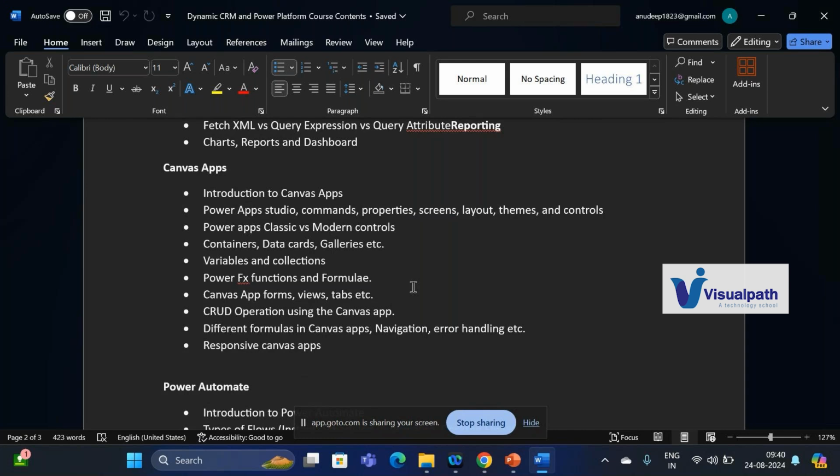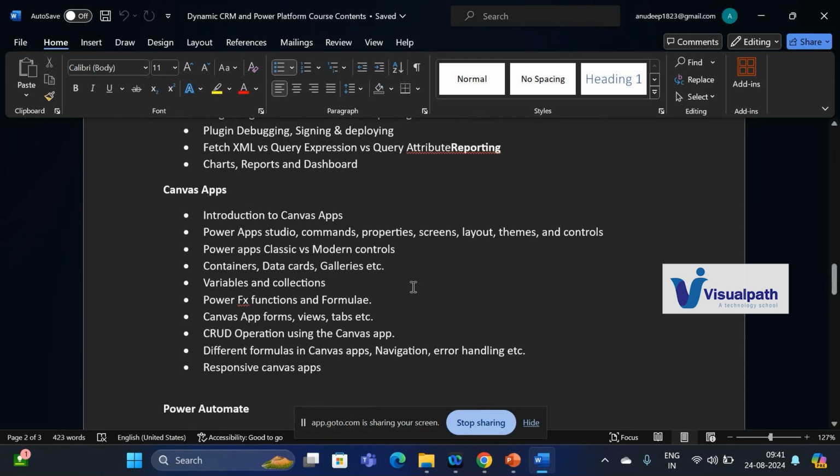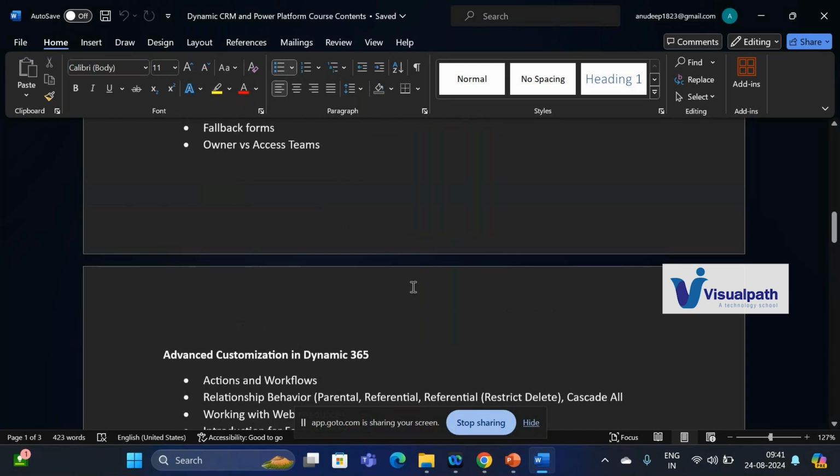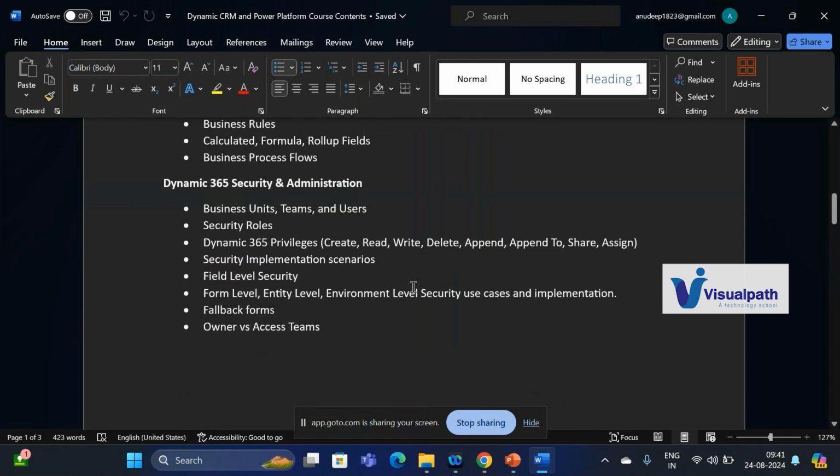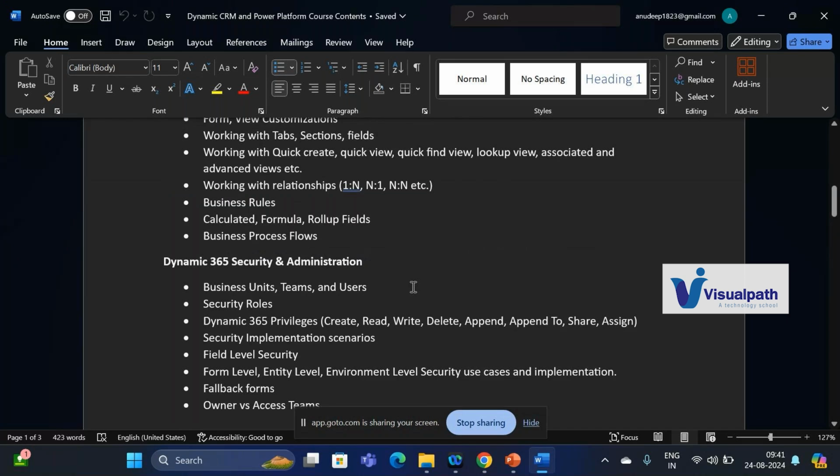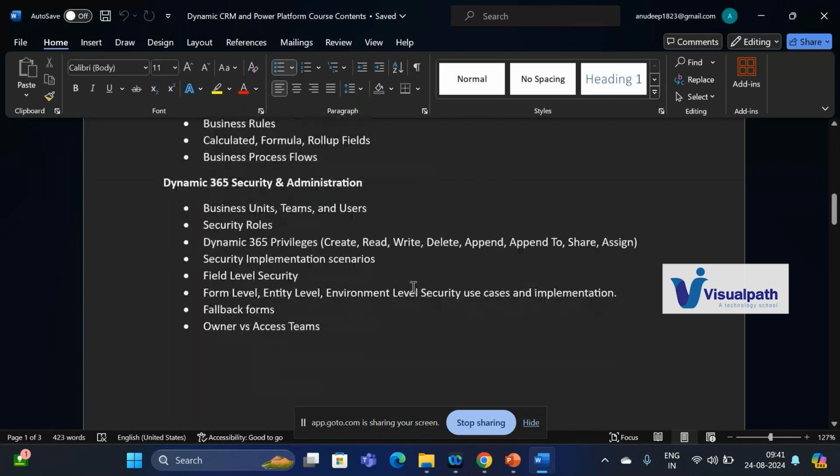For the freshers, as I said, you have to practice each and every class so that you get some confidence on the application, on the tool. As a fresher, you have already started some trainings on Java or .NET or anything. So you already have some knowledge of the coding part, like OOPS concepts and everything. For JavaScript and plugins, where we use coding in the CRM, your previous training will help you understand the plugin